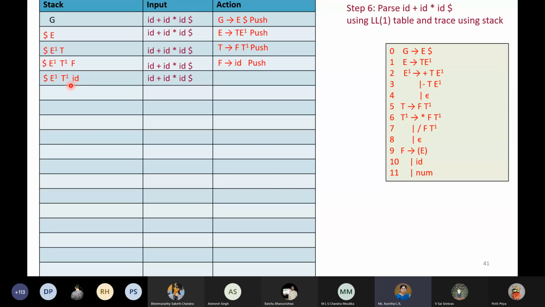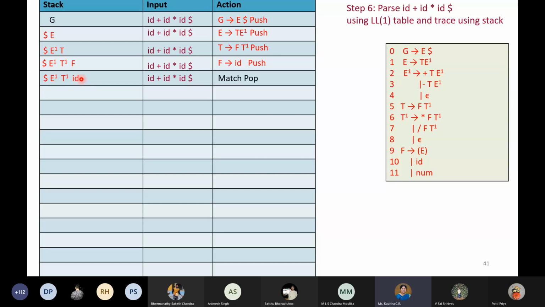And now note that it is a terminal symbol. Terminal symbol means, in terms of the tree, you would have already reached the leaf node, whereas other symbols are still non-terminals. This ID on the top matched with the symbol that is pointed to. This ID and this ID matched. Whenever that matches, whatever you were expecting happened, so that is correct. Whenever it happens, you can say that a match has been found, and then you can pop the one element from the stack, whatever is on the top.